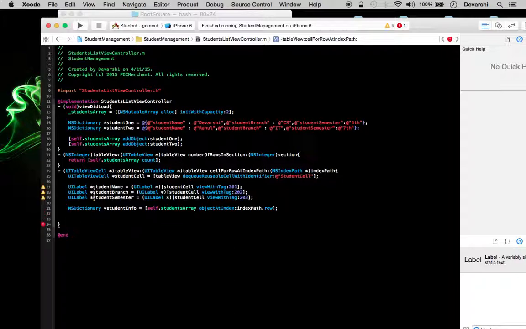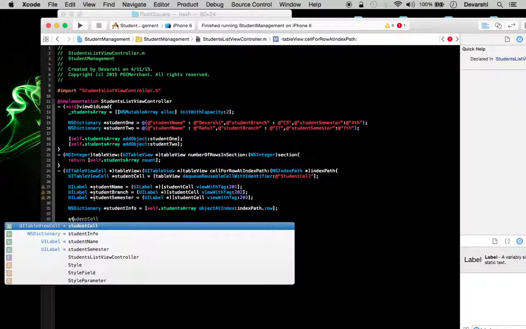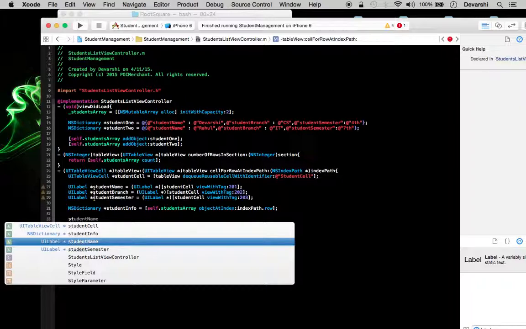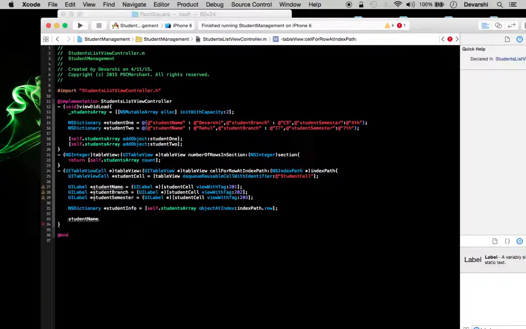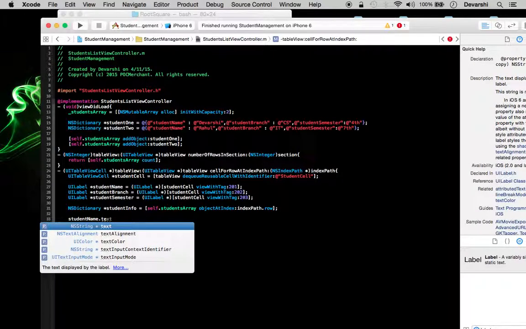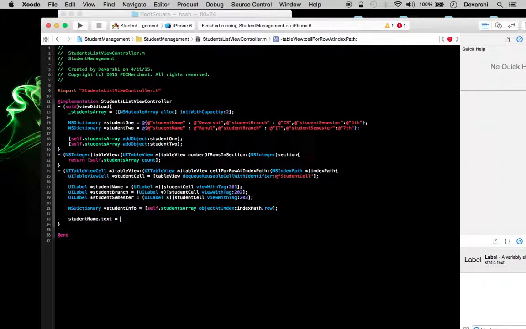Now since we have got the data, we will assign value to each identified label. So first of all I will assign value to student name label. For that I will use dot notation, and then access its text property equal to, and then student info.